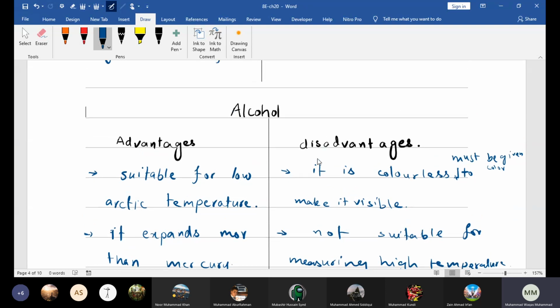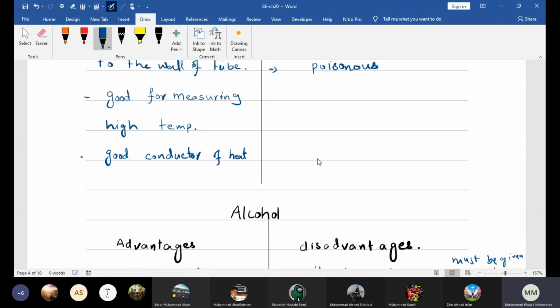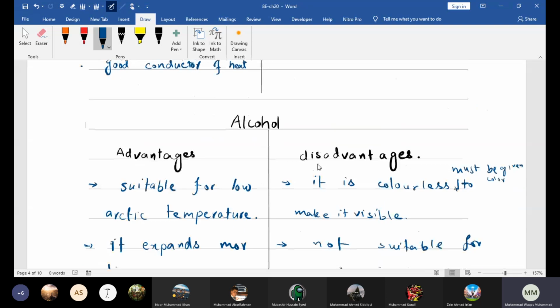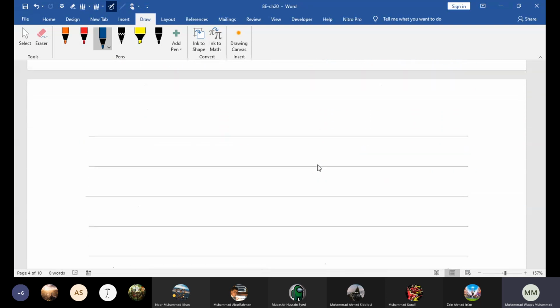Okay, and beta, even in industry, other types of thermometers are widely used, and we yet have to discuss those types of thermometer. Here we just discussed in detail the liquid-in-glass thermometer, and there are a few more things which we have to discuss about the liquid-in-glass thermometer. Okay. Clear?